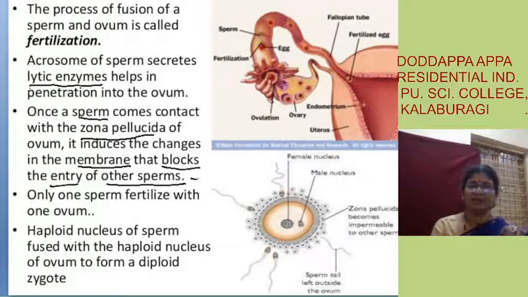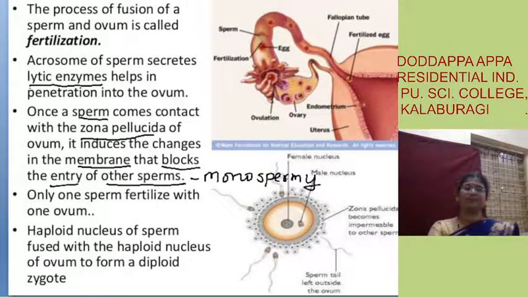That is why you will say monospermy. This process is called monospermy. If more than one sperm enters into the ovum, then the ovum will die. It will get aborted. You can say the ovum will die. Abortion is a different process. Fine. So that is nature's gift, you can say. One sperm fertilizes one ovum. In nature, always one sperm fertilizes one ovum.